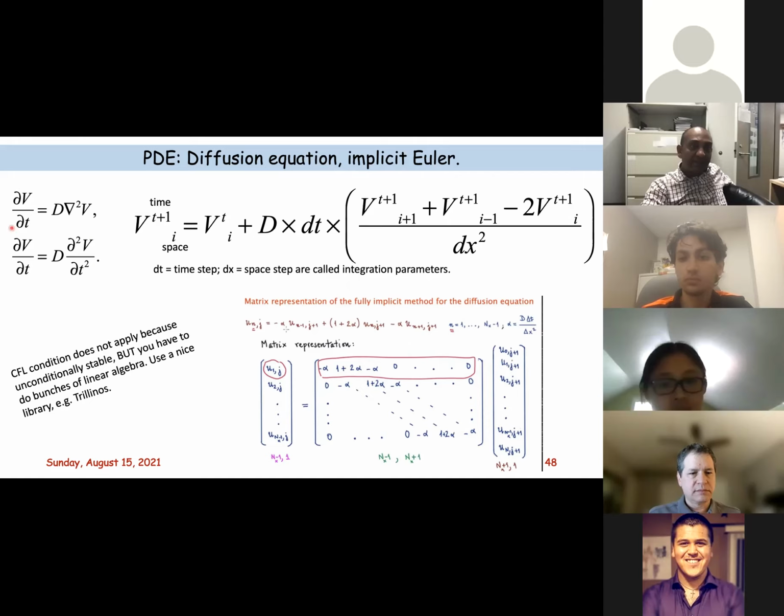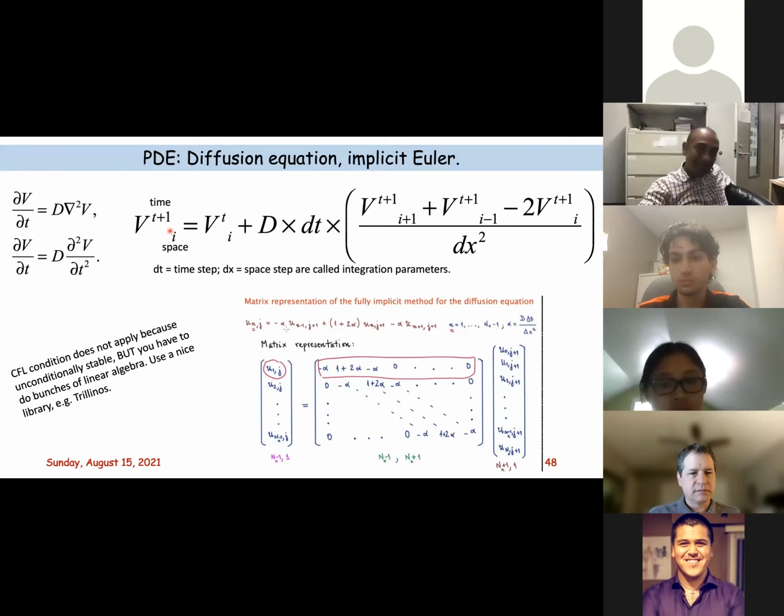So again, I stick to my one-dimensional partial differential equation here. And you can see that I'm trying to work out the value of v at the space location i at t equal to 1 using the previous value of v at that location. But I'm also using the values of v at the next time step at the nearby locations as well. Okay, so there are at least 4 values in the future that I'm trying to use here